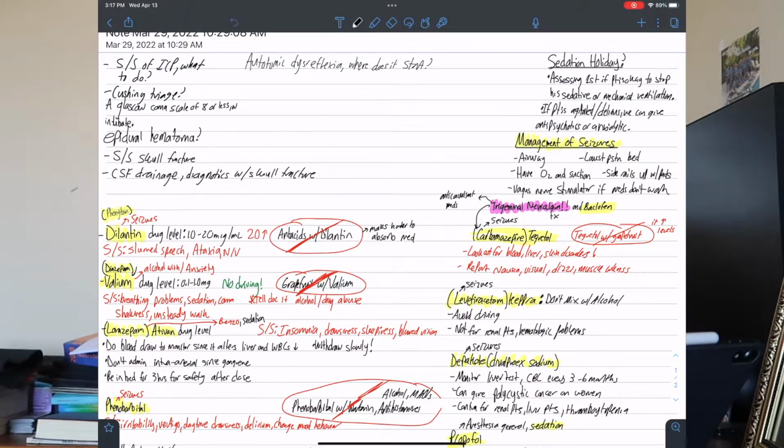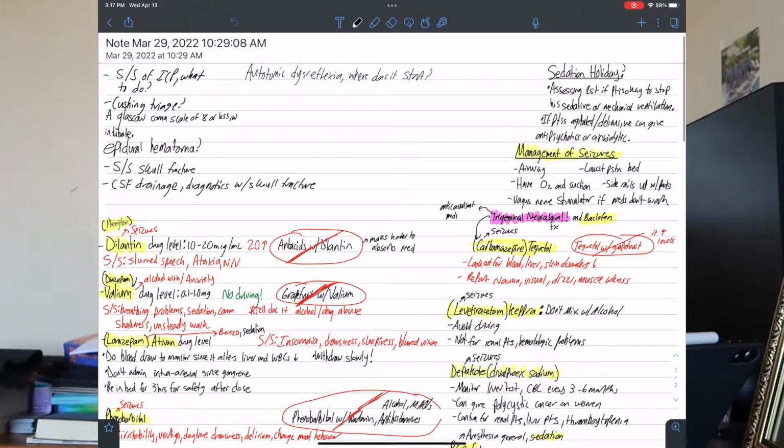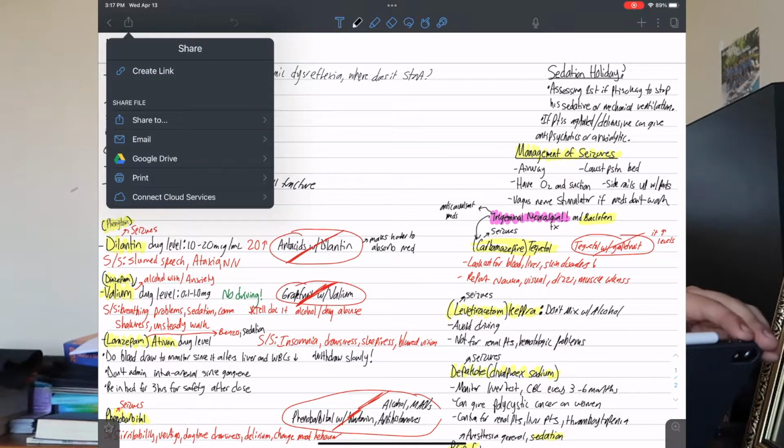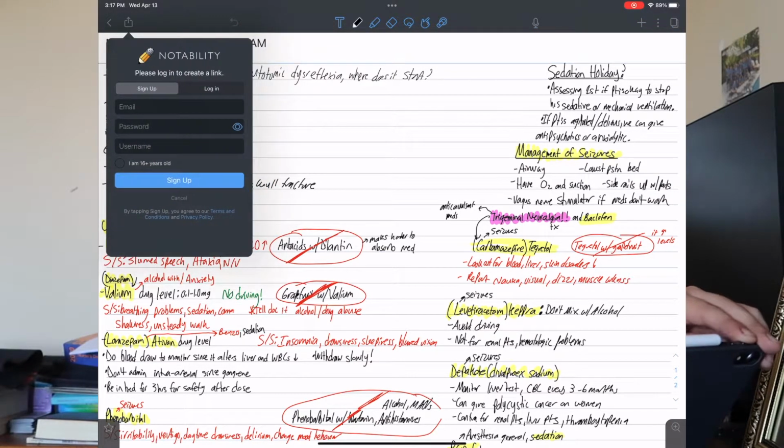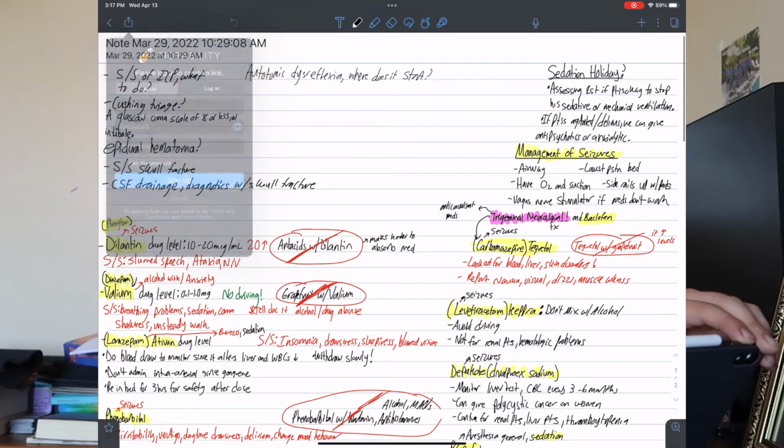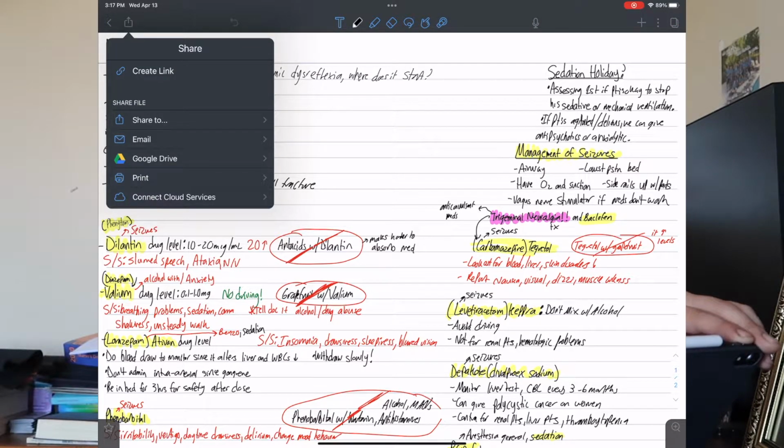Now regarding this, if you want to share these notes with someone, like a dear friend, or you want to share with your class, then right here on the top left, click here. You can create a link if you want, but other people need to have the actual Notability app. So if you just want to share it with friends who don't have anything at all, then you can,